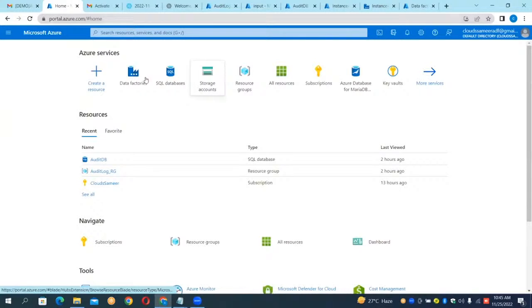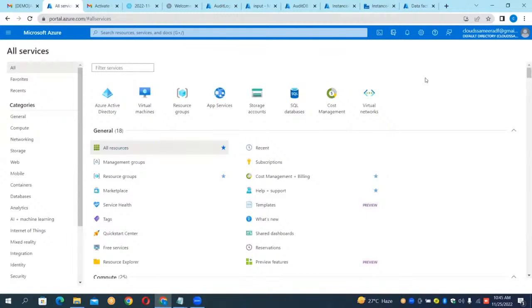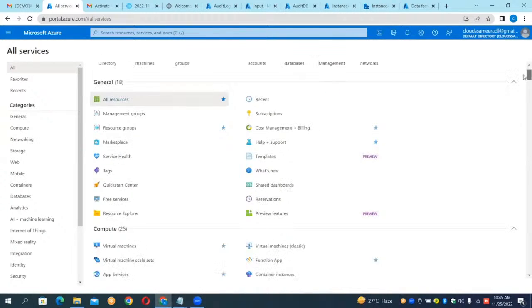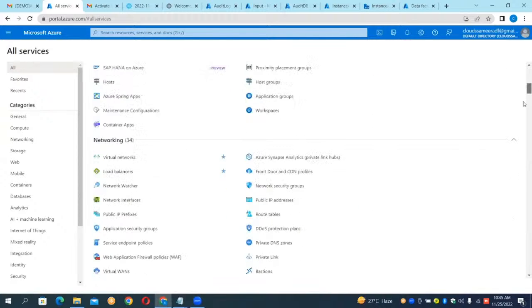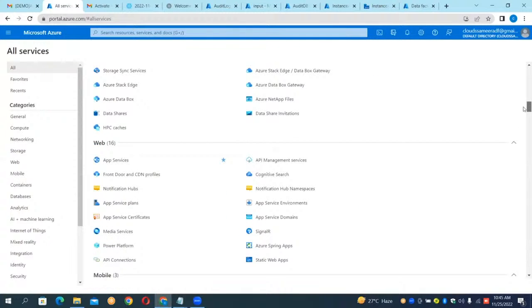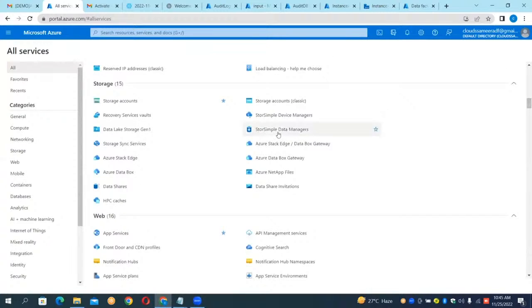So in this, can you see here? You have storages. For seeing the storages, guys, click on more services. Click on the more services, guys. Can you see it? These are all the storages you can say. I'll show you the storages. Can you see storage? These are all storages only.